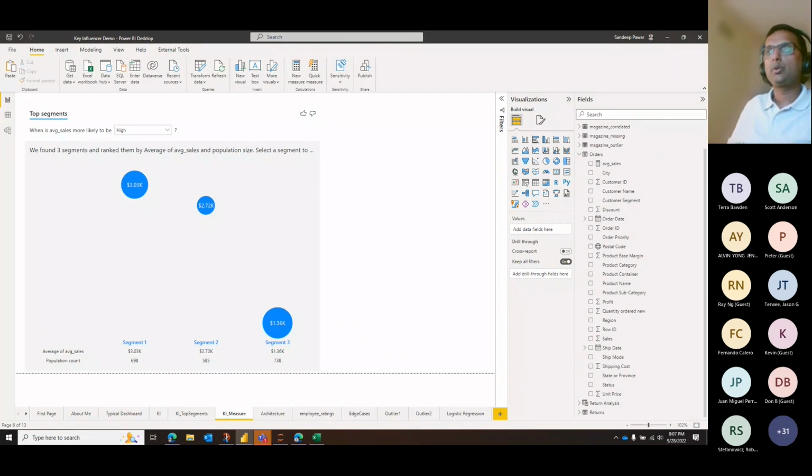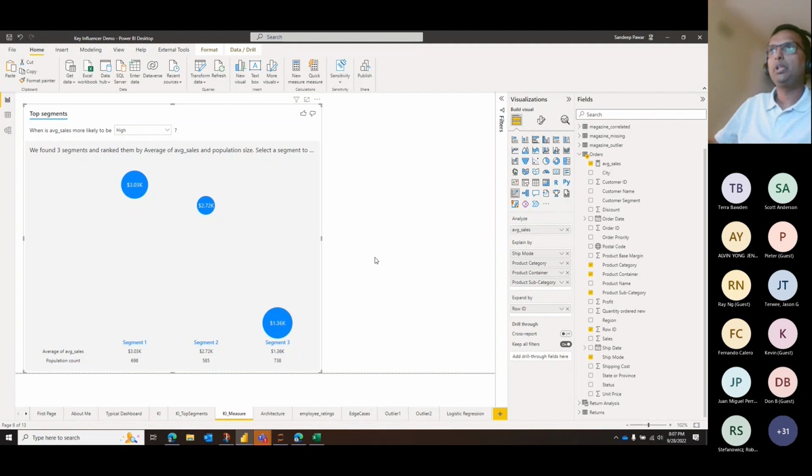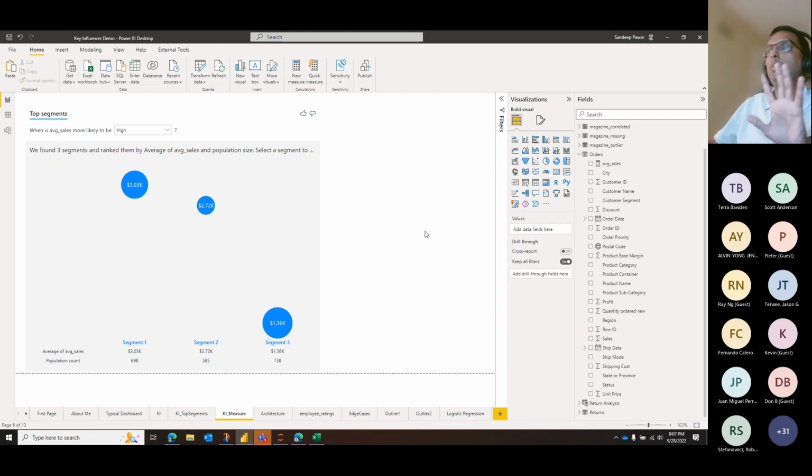And in those scenarios, it won't work. Okay. So just know that when you're working with the measures, you have to break the aggregation by using a unique ID. So we talked about the key influencer visual, what it means, what are the different settings,